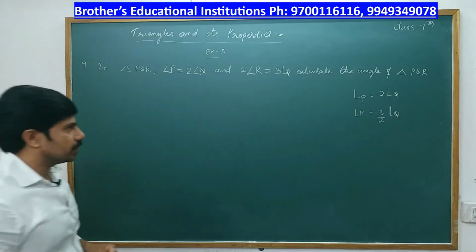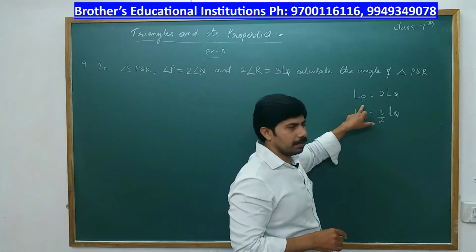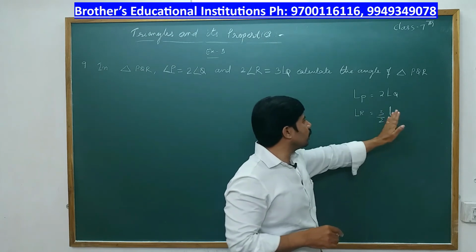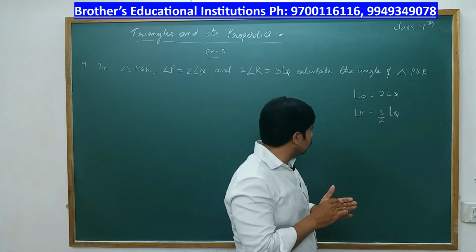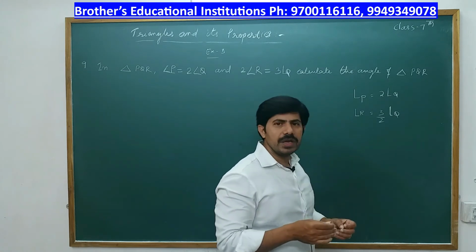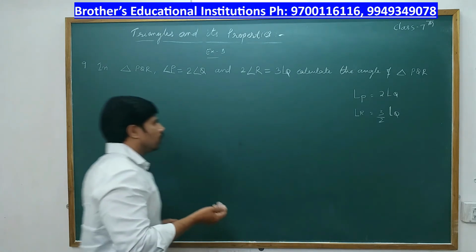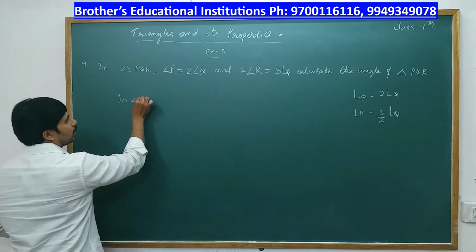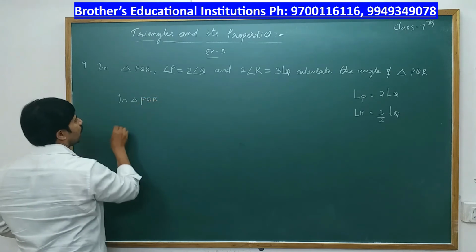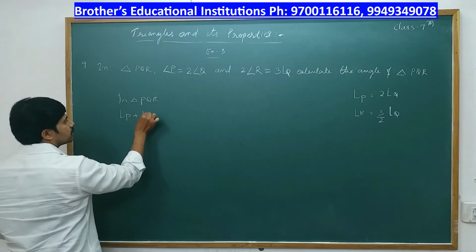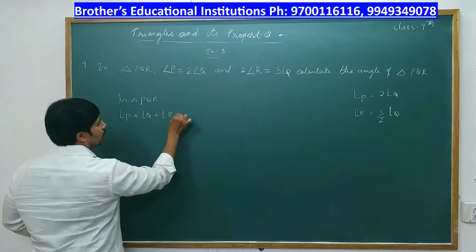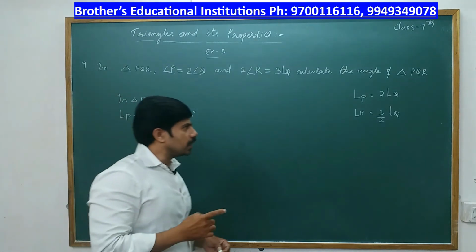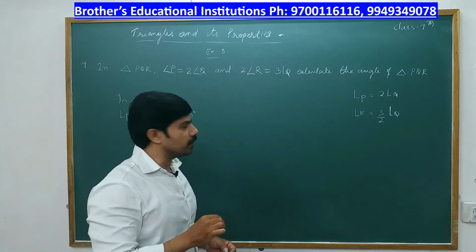So here we know something about angle P and something about angle R. But here Q is on the right side. So remember, always the term which we have on the right side we assume as x. Okay. So first what we do is, before assuming x, in triangle PQR we have angle P plus angle Q plus angle R will be 180 degrees. First we write that. Now in RHS the angle Q is repeating, so that we assume some variable called x.